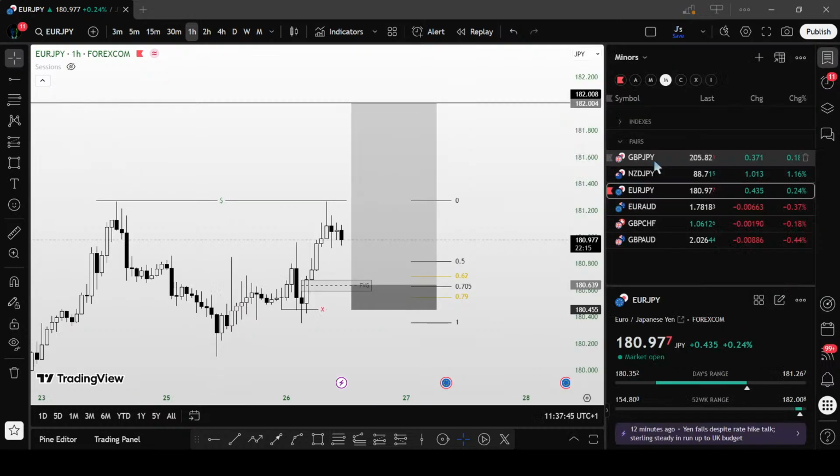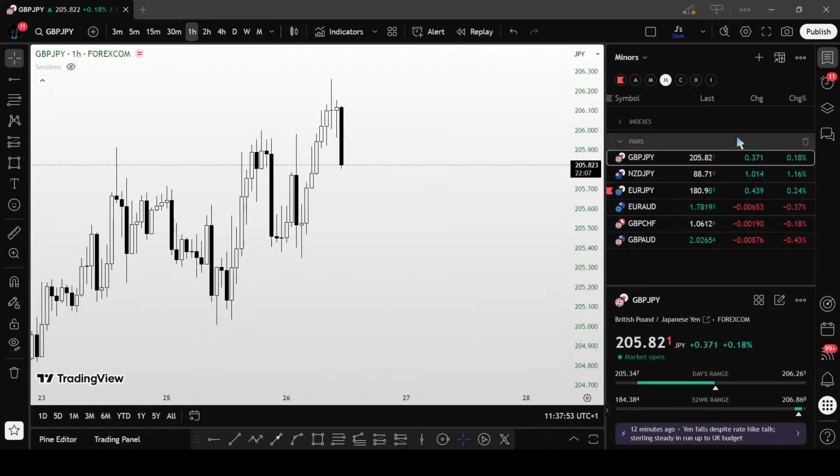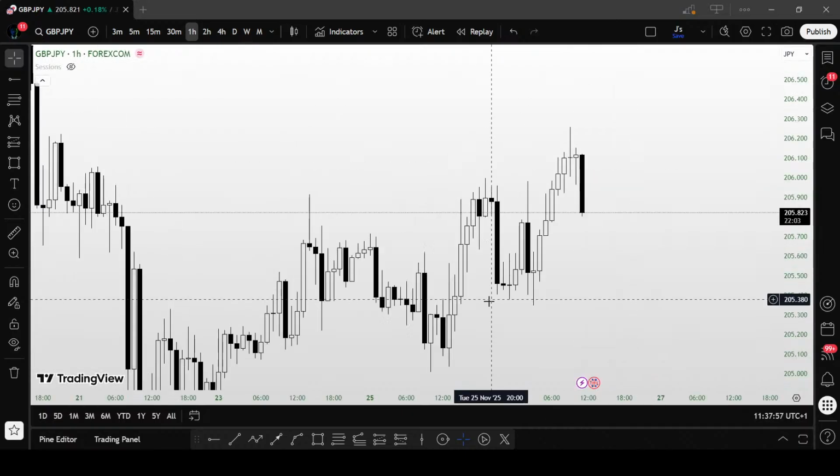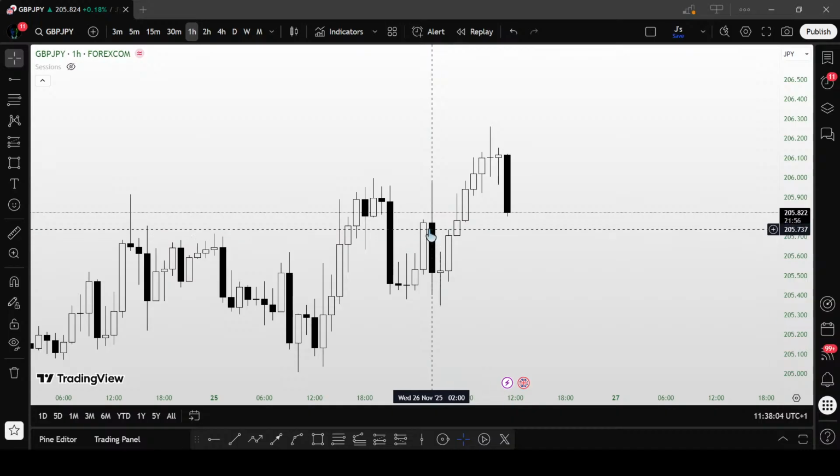So GJ should have something similar. We should have a buy setup on GJ right now. I believe there's going to be another block instead of a fair value gap. I guess I'm correct to an extent. Look at this here. We have a sweep, we have a break of structure, another block, a possible fair value gap here, another one here. Both of them are actually in line with the other block, so they are both valid.